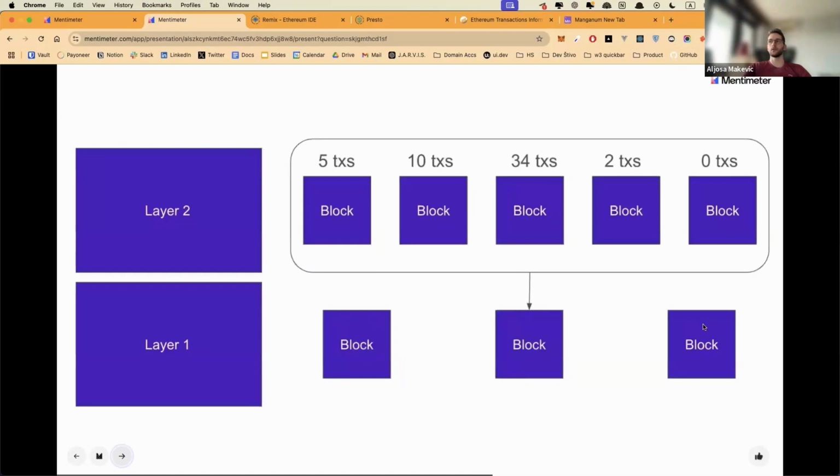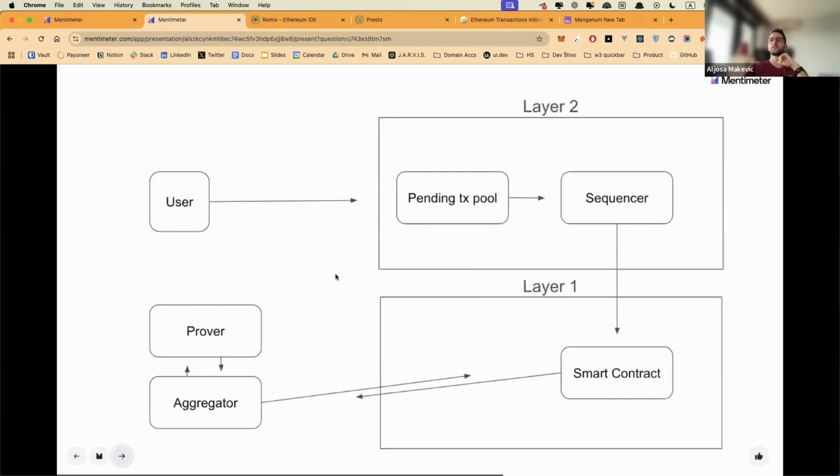one block, a second block, a third block. It rolls up many different blocks and all of their transactions inside them and puts them in one block. Imagine it zips a bunch of things that would be stored separately into one, and that is more efficient, and it makes fees cheaper, and it makes transactions faster.